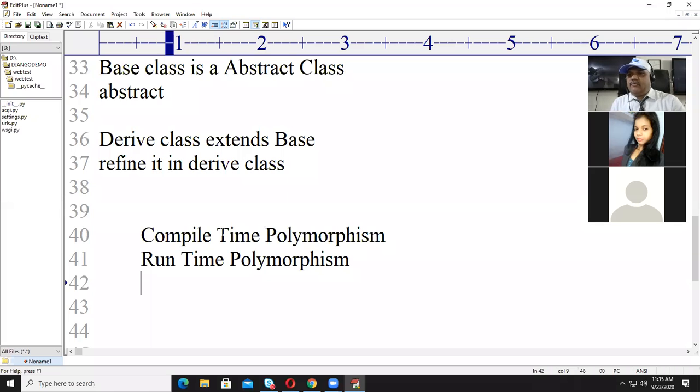At runtime, the object first refers to itself, and if the copy is not available in its own class, then it will refer to the base one. So overriding means the base class has its own method, and at the same time the derived class also has its own method with the same signature. Duplicate methods are available in the base class and the derived class, obviously with different definitions. So this becomes runtime polymorphism. Hope you understand, guys.